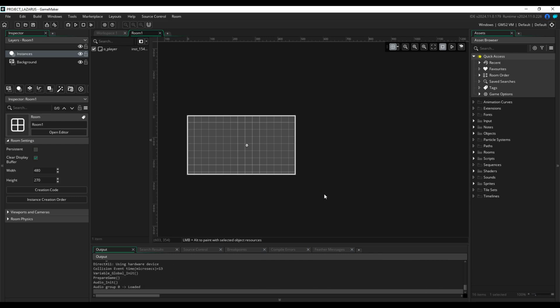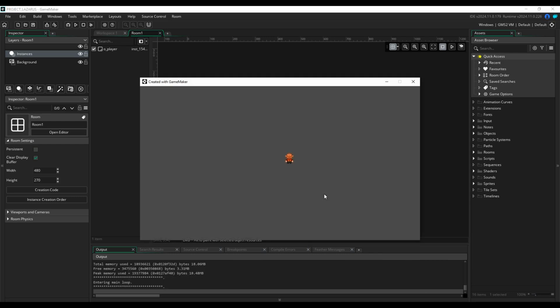I call it Project Lazarus because I've attempted to build this game before and it got overwhelming, and then I dialed back and made some different projects that I knew I could make, which is something that I talked about in my very first video about how I got started in game dev and what I wish I knew, is to make the projects that you are capable of making, not the project that you want to make. Okay, but anyways,